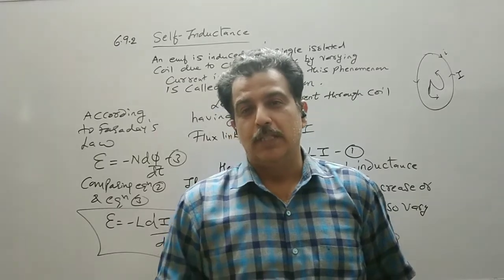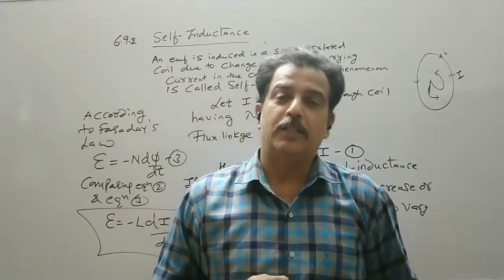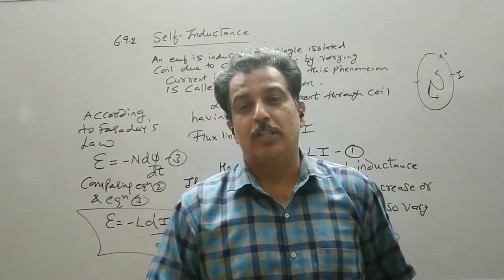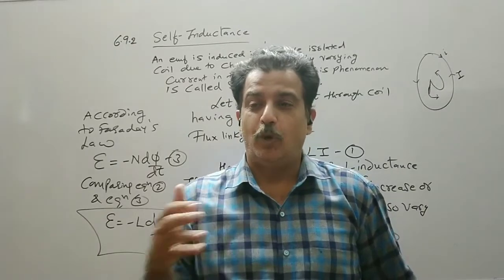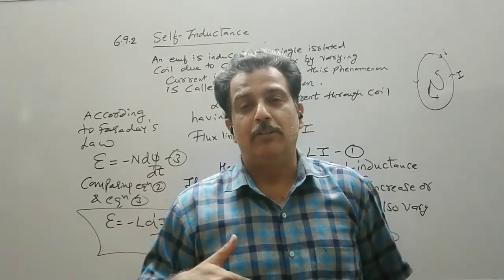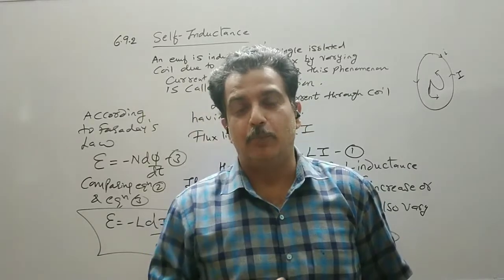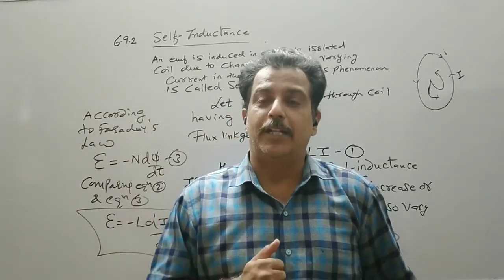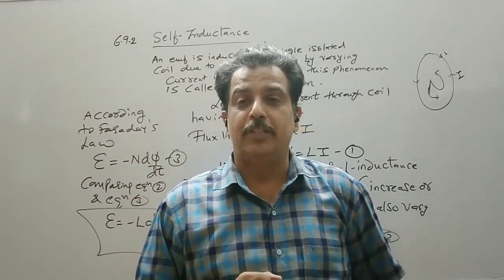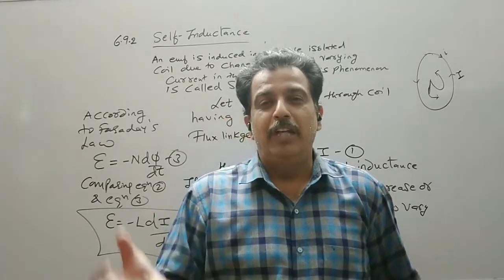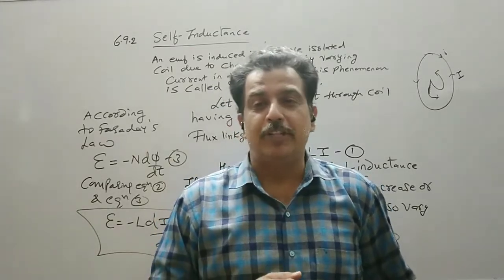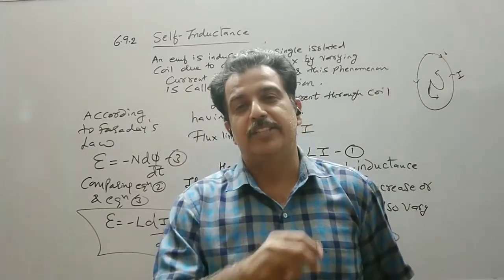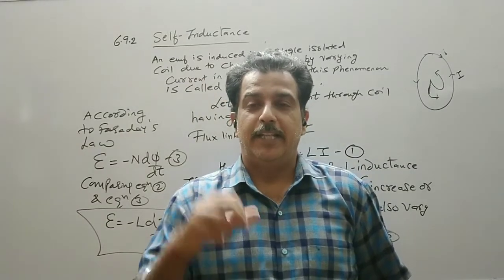Friction also opposes our external force or the motion. Still, friction also plays an important role. If there is no friction, we will not be able to walk. The body will not be able to move. The vehicle will not be able to move. So friction has importance. Similarly, self-induction or mutual inductance, they oppose the growth and the decay of current. But when we do the work against this self-induced EMF or self-induced current, then the energy will be stored in an inductor.